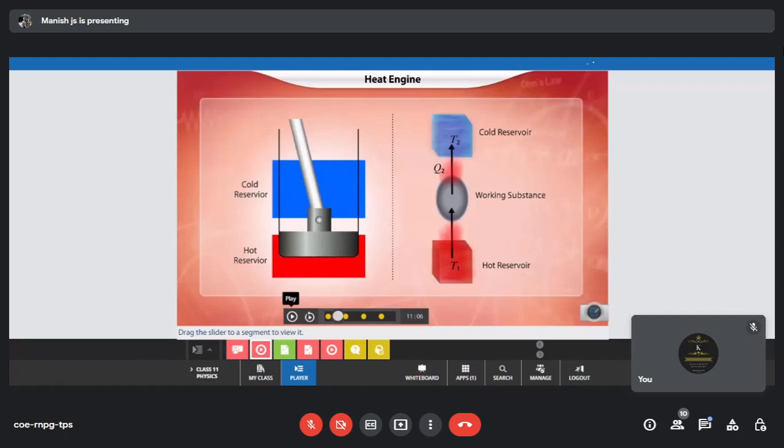அந்த ஒரு mechanism-உம் உள்ள இருக்கு. So that heat is being immediately used up. So the piston comes back to its original position. That is why we say it is a closed system. The piston will go up and eventually come down. When it goes up, heat is being transferred. Heat is increased, so it goes up. When it comes down, that heat is getting decreased. So Q2 is basically the heat transfer taking place from the working substance to the cold reservoir so that the piston comes back to its original position.